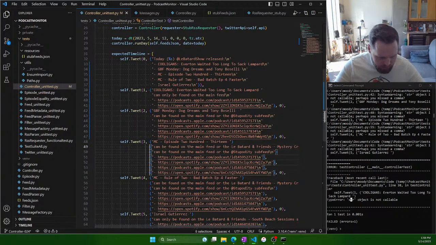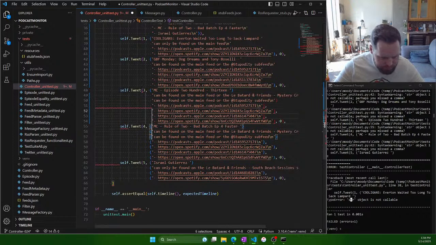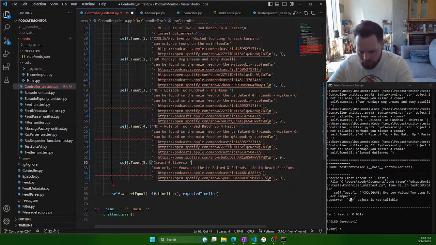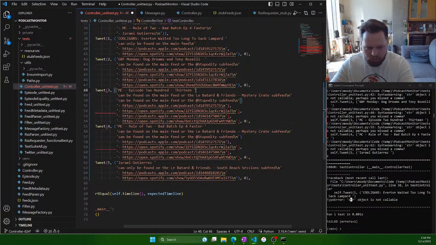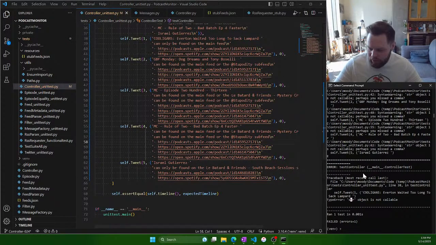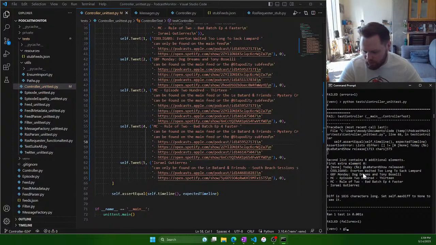Okay. So let me update these. Update those. Update those. And now we'll get rid of this, that. There's also commas in random places. That one's fine. Get rid of those. Get rid of these, and these. Okay. Now we should get a failure instead of an error. Yes. All right. So we'll say git commit